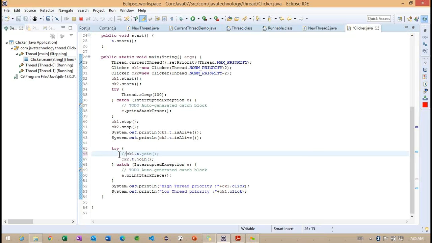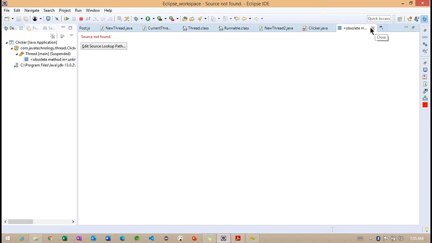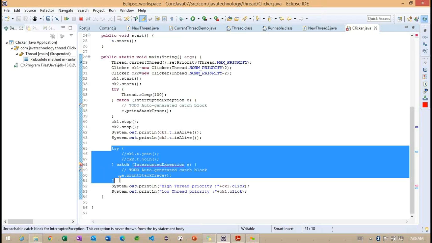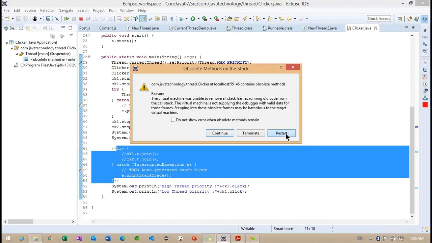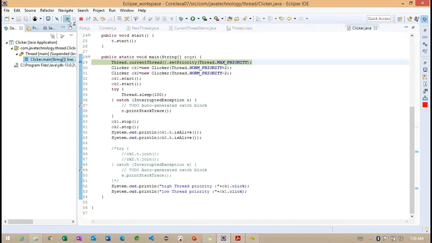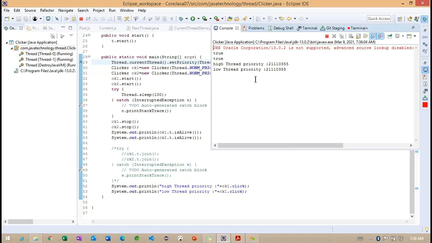Okay, basically the joins are taking some more time here. So carefully observe.